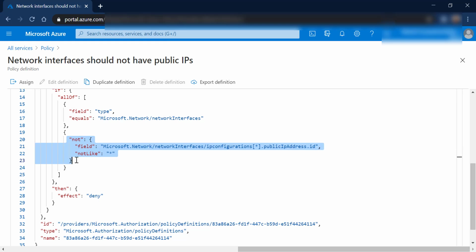Basically, it might look complicated, but you can think like it's negative plus equal to positive.